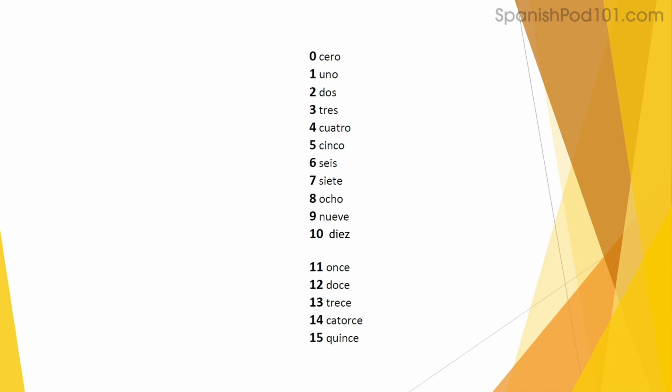2, 3, 4, 5, 6, 7, 8, 9, 10, 11, 12, 13, 14, 15. The only memory tip, a small one that I can give you,